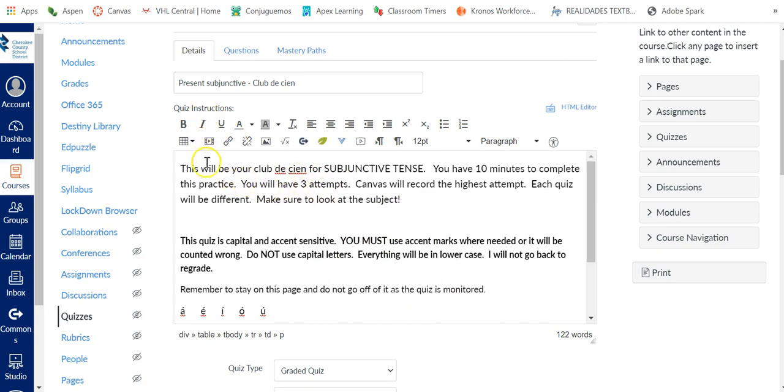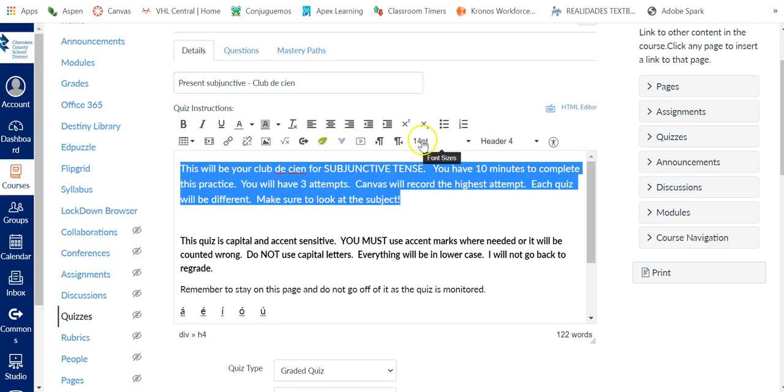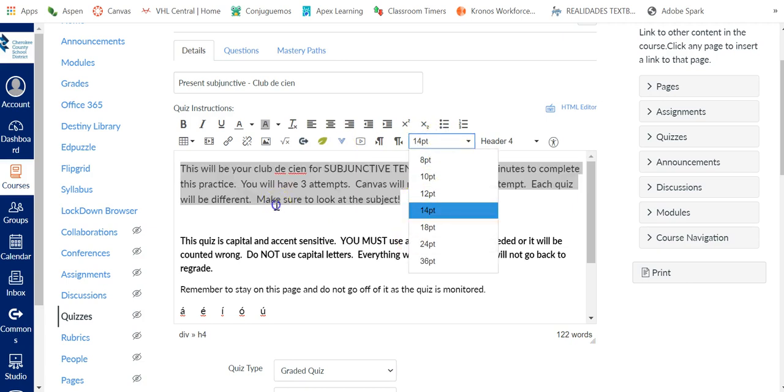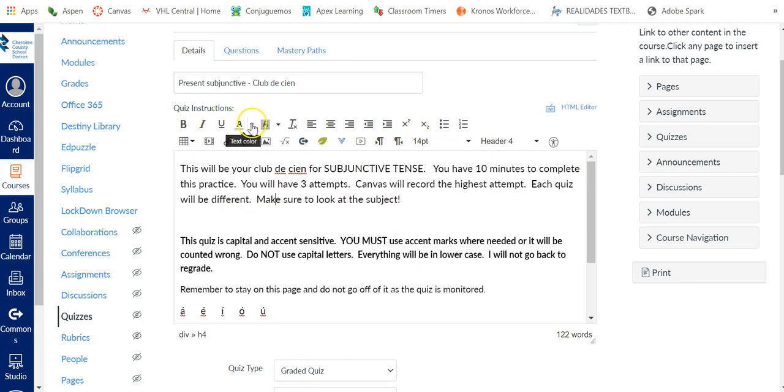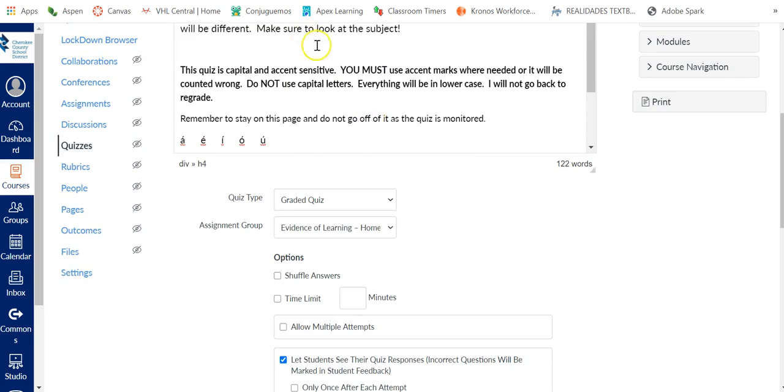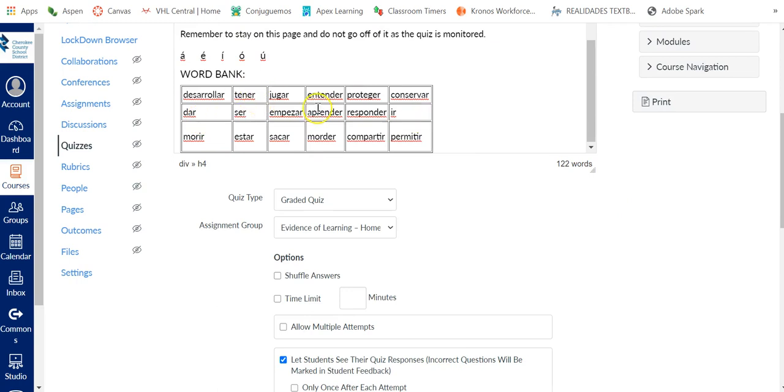So once you've got all that, if you want to link things, you can still do all of the same things that you did in setting up your home page and everything like that. You can just insert videos, you can insert whatever you want, you can change the size of something, you can make it bigger, smaller, what have you, you can make it bold, you can change the text color, change the background color. I usually don't bother with all of that, but for this one, I am going to make sure that my verbs are there,